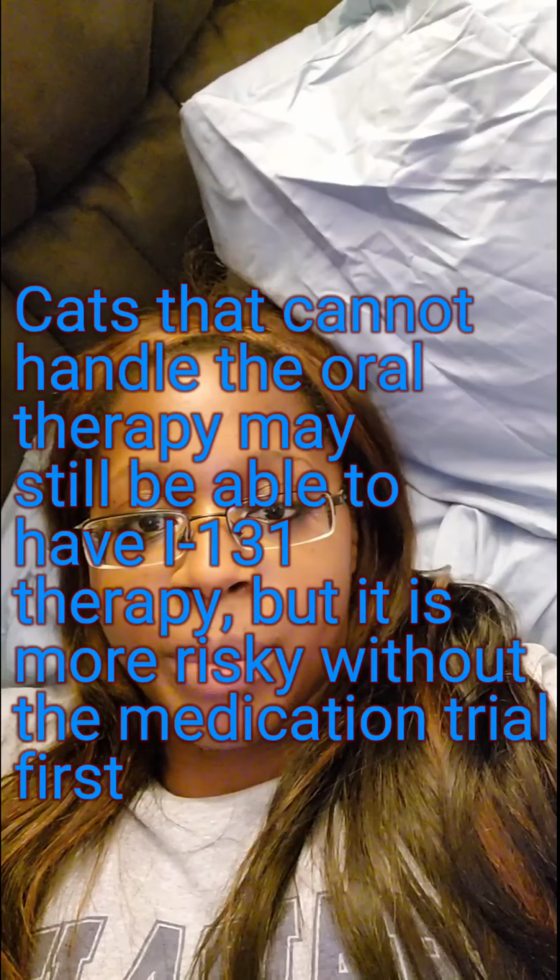Usually these patients are on meds first. They go through that, make sure that things are working the way you want it to, and then they're taken off the medications, and about a week or two later they get their I-131 therapy. It also would be an option for pets that